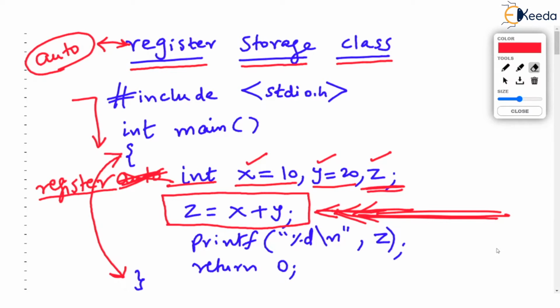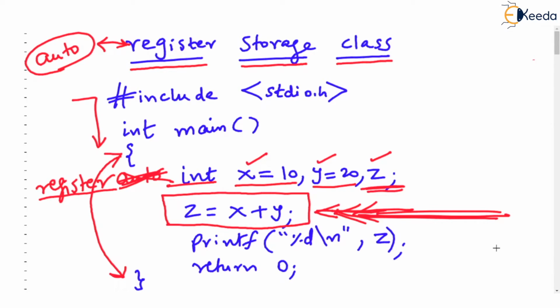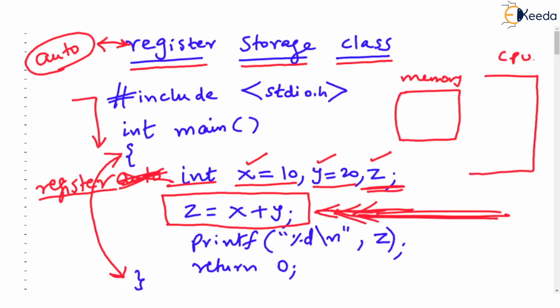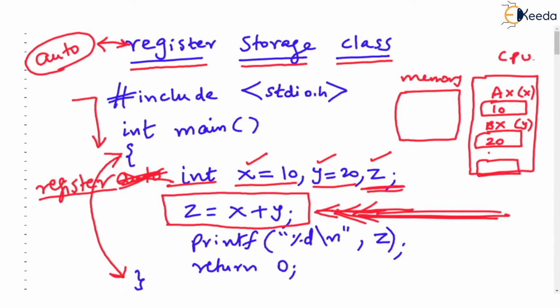What happens really when you declare a register storage class? Now what happens is, this is memory. Earlier, memory was storing x, y, and z, but now all three have been declared as registers. So CPU has some registers, but it has limited registers. So this value of x will be directly stored in one of the CPU's registers, and you will call this as x. Another register BX will directly store value of y. You will call this as y. And then another register CX will be reserved for z. Now think of this statement again, z equal to x plus y.